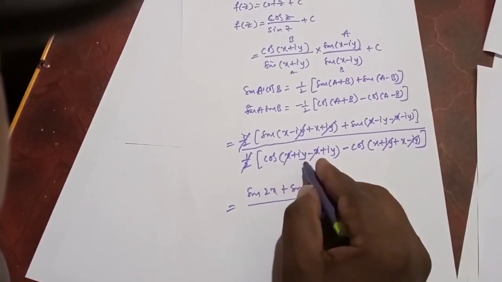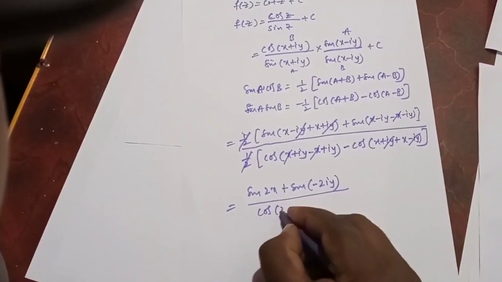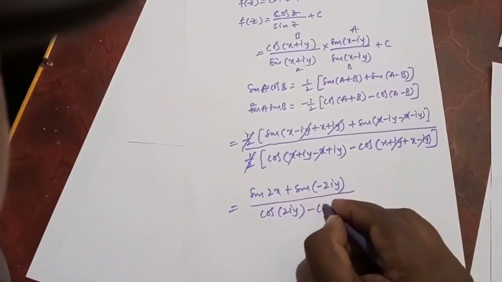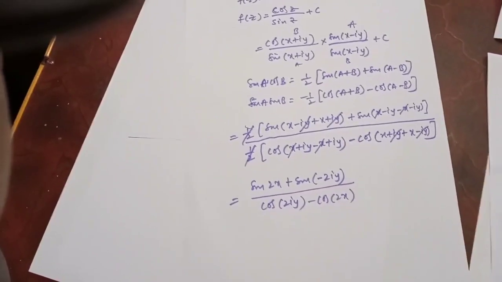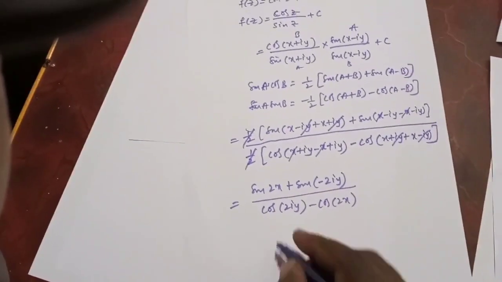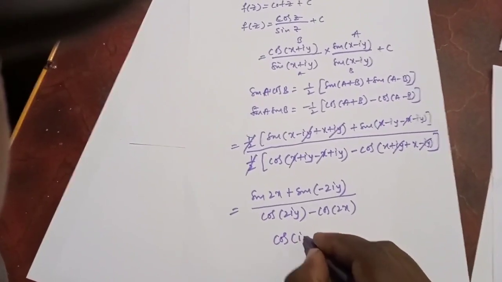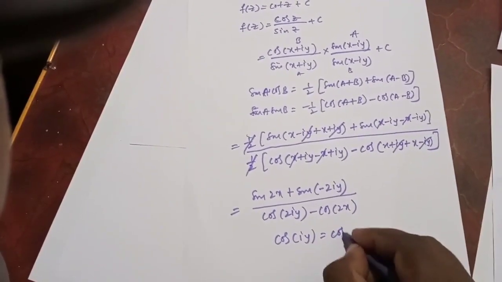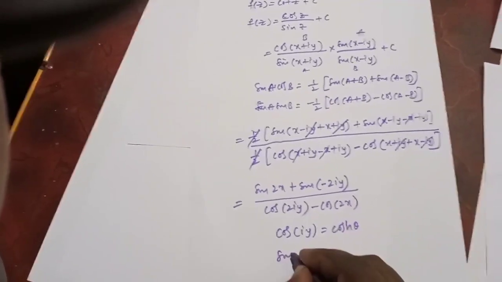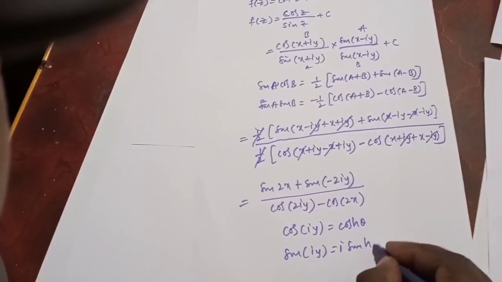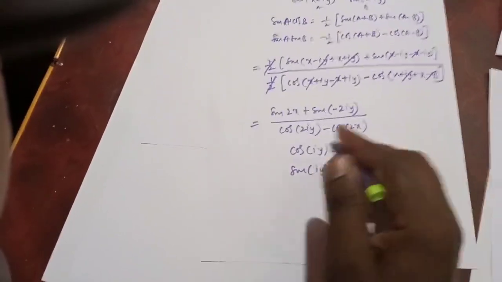So here cos of 2iy minus cos of 2x. We know that cos of iy equals cos hyperbolic theta, sin of iy equals i sin hyperbolic theta. By using this,